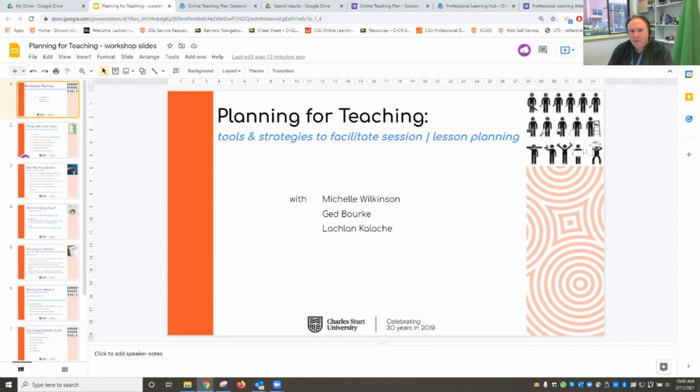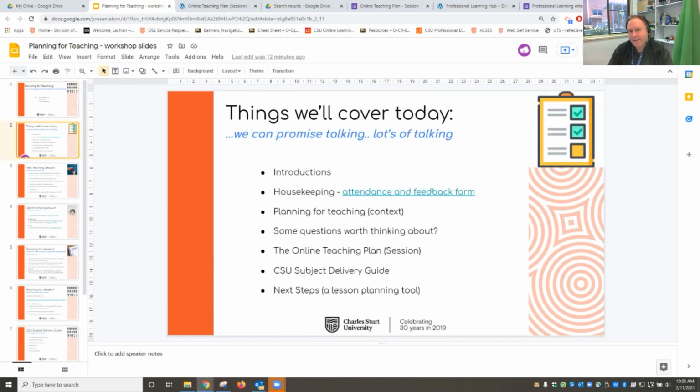The idea with this session particularly is that we come up with some practical solutions, outputs, tools that are already in place to help that process. And obviously to get as much feedback as we can from you guys as well. So we'd like you to come out of this with some options for planning for the next session, the one after that, etc.